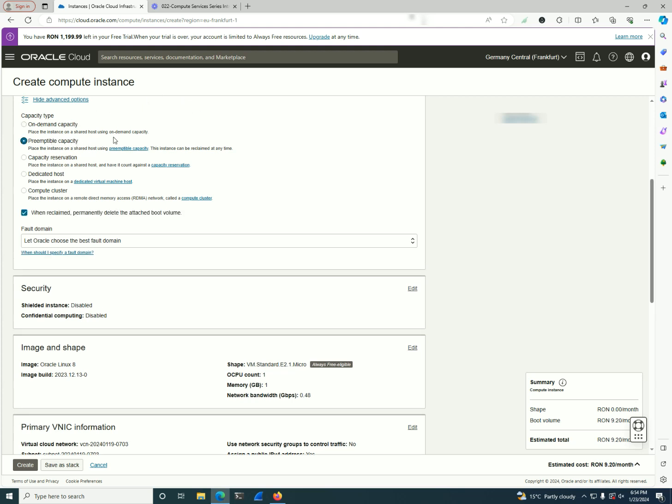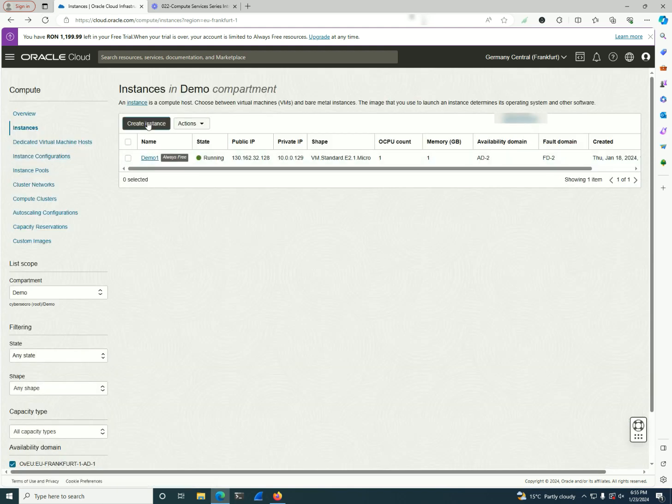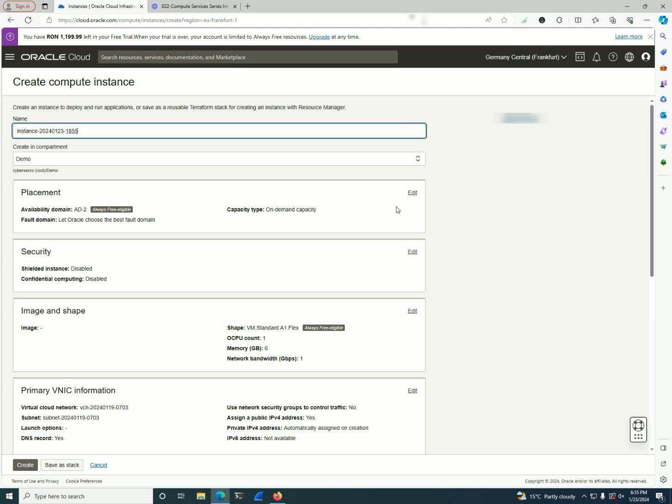Now, if you're testing, or you want a shared infrastructure and you don't care, for example in a demo, if in a few hours Oracle takes this instance back from me, I can use the preemptible capacity. That means the instance can be reclaimed at almost any time. I think you can run it for a few hours with no issue, but that's one of the minuses of this